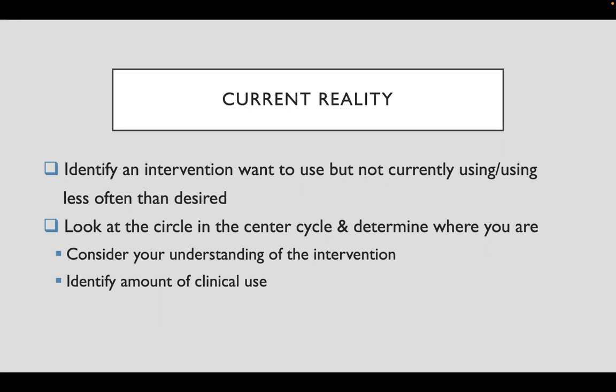We're not currently using it, or maybe we use it less often than desired. And then look at that circle in the center, the center of the cycle, the triangular type shape there, and determine where you are. Consider your understanding of the intervention, identify the amount of clinical use, and then once you have your current reality based on that